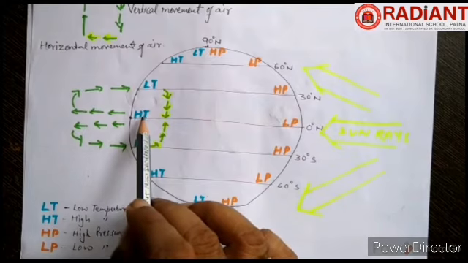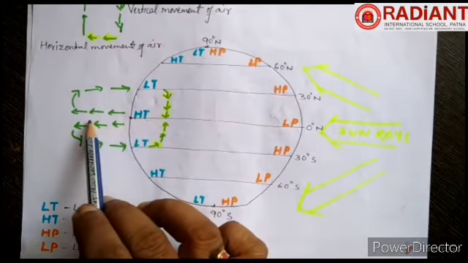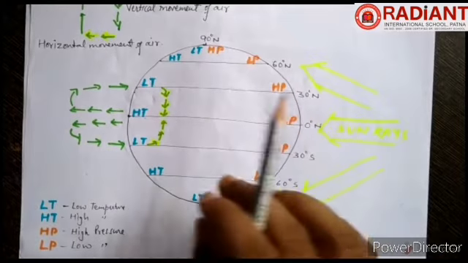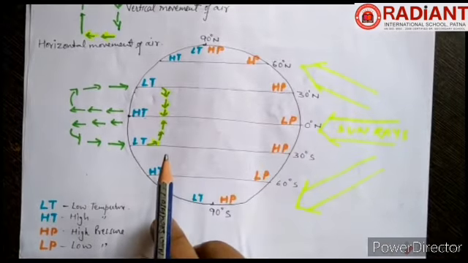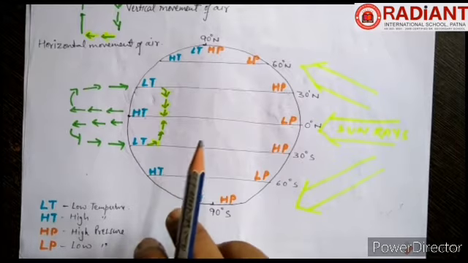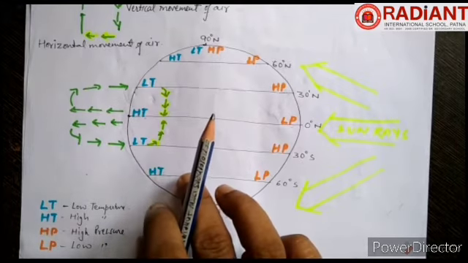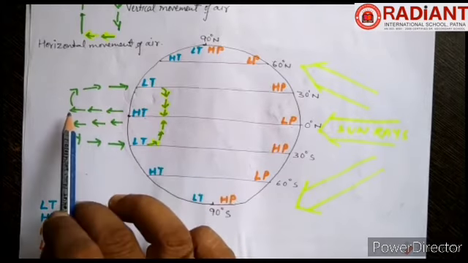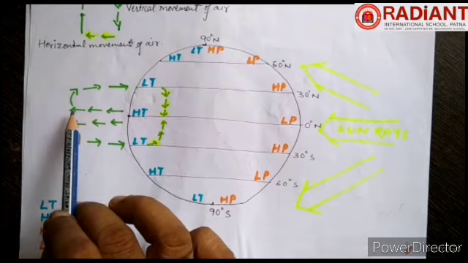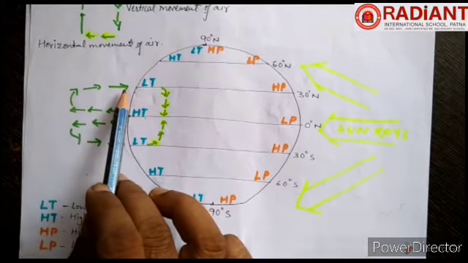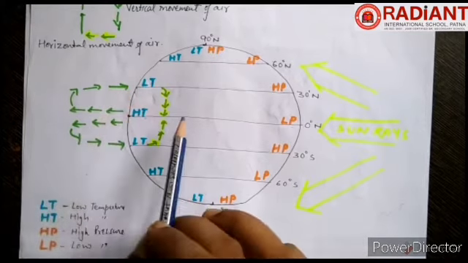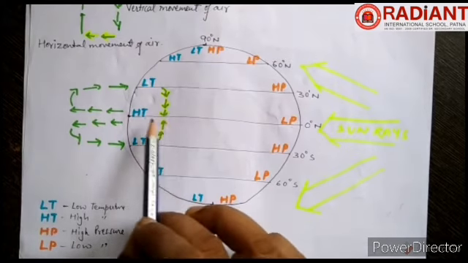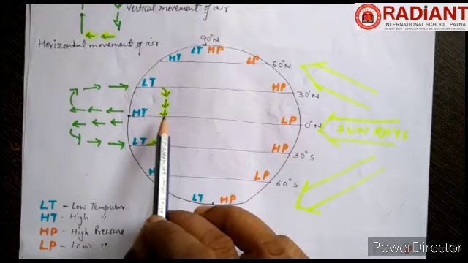Where this vertical movement of air is there, there is a low pressure. So we have come to understand that temperature is related to air pressure. It leads to two types of movement. One, vertical movement of air from upwards to downwards. And in the horizontal area where the area is becoming vacuum. Actually, it is not becoming vacuum.